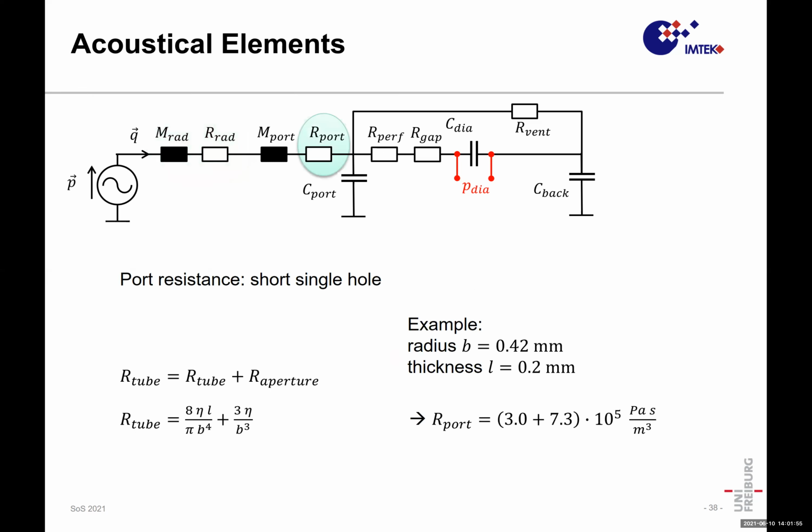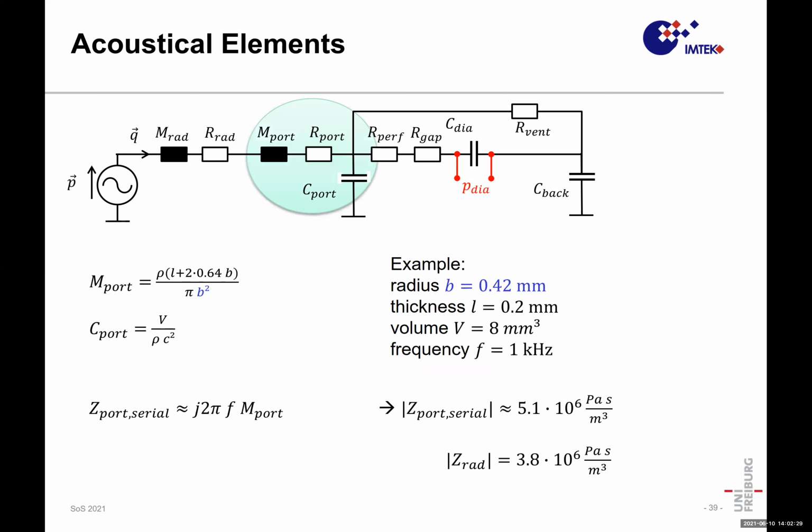Okay, we go to the port. Let's see what the port resistance is. Yes, the port is this hole in the package. It's like a tube plus an aperture. We can add this together and we get an equivalent situation. We get something like 10 to the 6 Pascal seconds per meter cubed. Again, we see it is not much different from the other impedance that we saw before, so it is for sure relevant. If we check then for the total impedances, for the mass in the port,